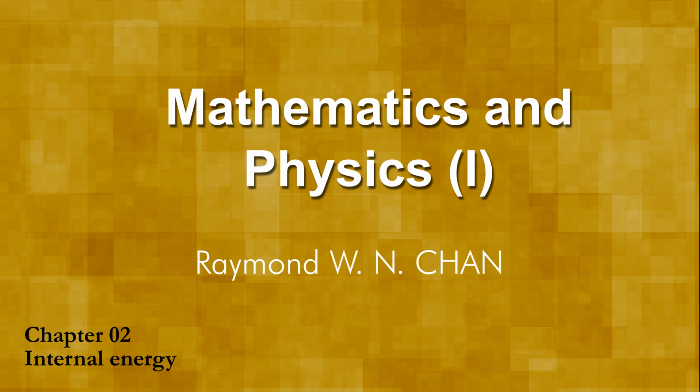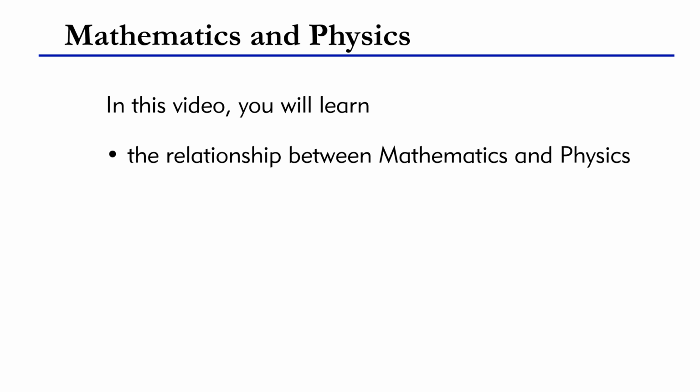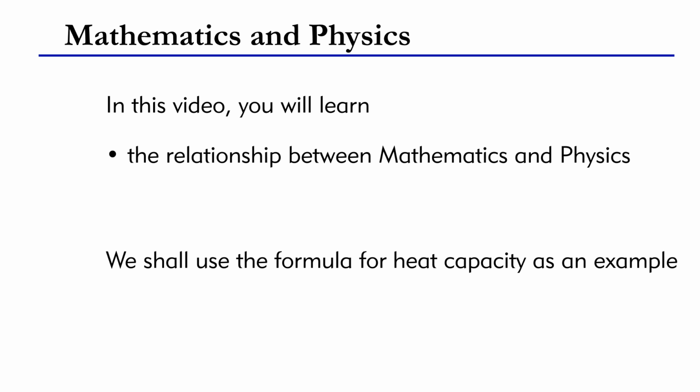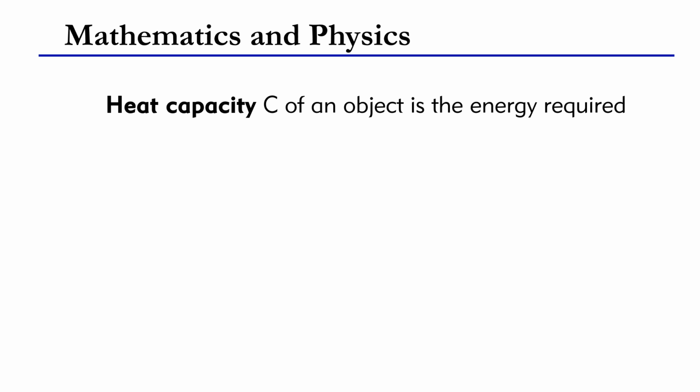Today our discussion is on mathematics and physics. In this video you will learn the relationship between mathematics and physics. We shall use the formula for heat capacity as an example to show how you should apply your knowledge in mathematics correctly. First of all, let's recall that heat capacity C of an object is defined as the energy required